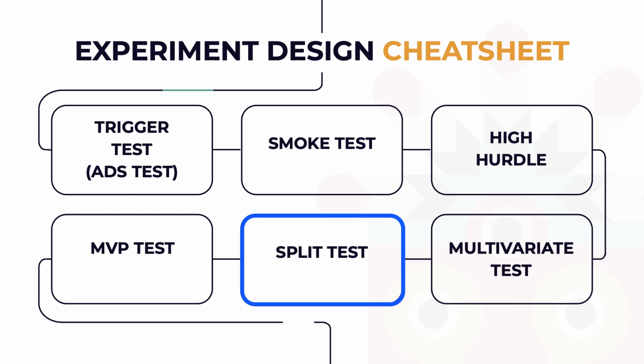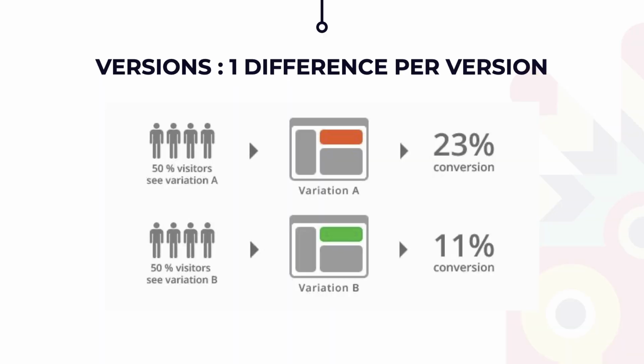We've got the split test, and basically we're splitting traffic here. On one page, let's say you have two identical or two similar pages with only one variable that is changing. So on one page we've got variation A, on the second we've got variation B. We send 50% of the visitors to page A, we send the other 50% to page B, and then we